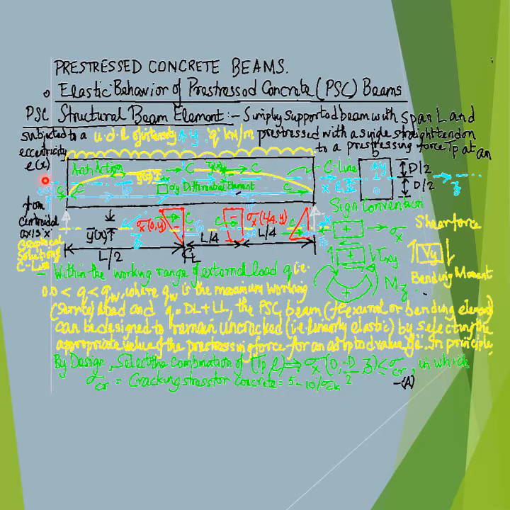Therefore, our objective in the present discussion is to demonstrate that the pre-stressed concrete simply supported beam element displayed in the figure on the present slide can be designed to remain uncracked within the working range of external load, that is the externally applied uniformly distributed load Q,